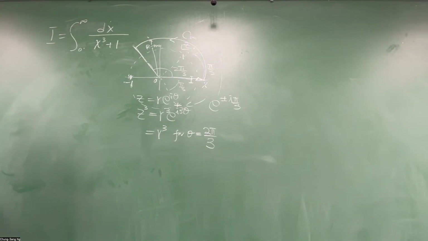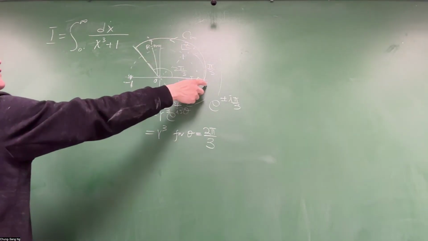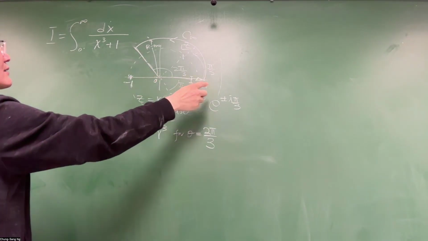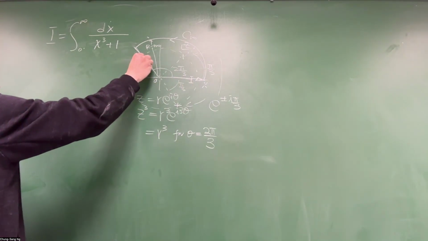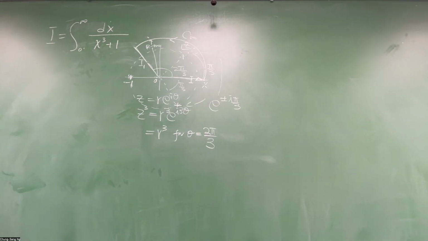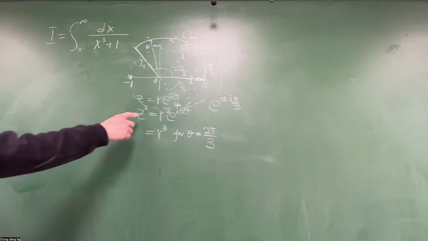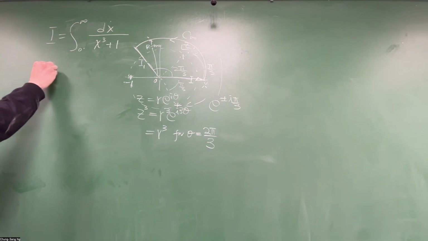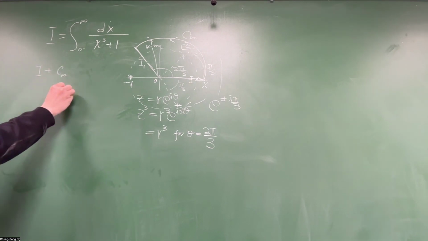This is a one third section of 2 pi, and then go back, right? This is, let's call it I. Okay, so we just write symbolically I plus C infinity